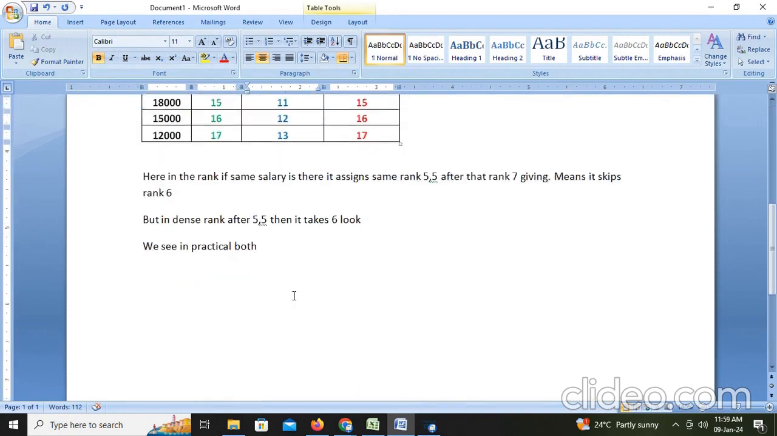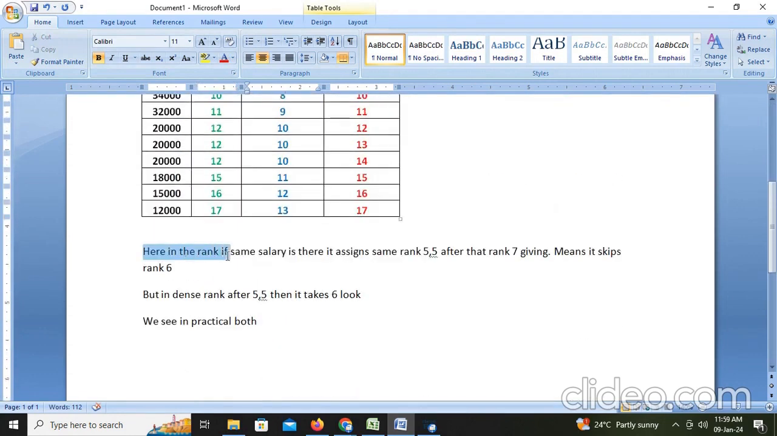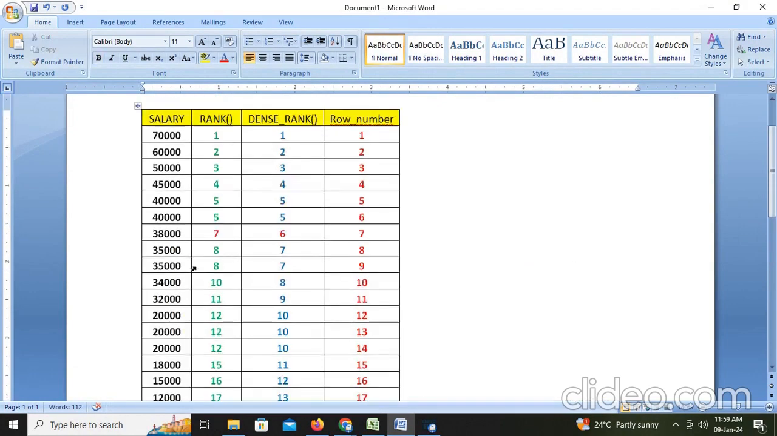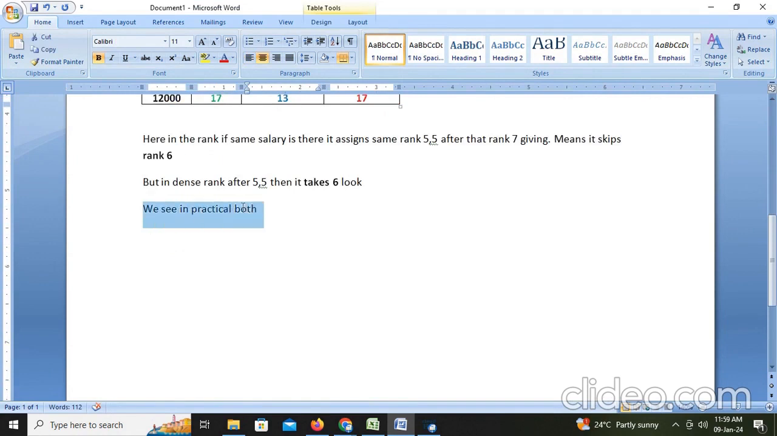Here in the rank, the same rank is there. It assigns the same rank, 5 5, and after that it gives rank 7. Okay, it means it skips rank 6 in the rank transformation, but in dense rank, after 5 5 it takes 6. Okay, we will see it in the practical. This is a scenario about the rank. So in the rank transformation we are missing the number, but in the dense rank we are getting the number,